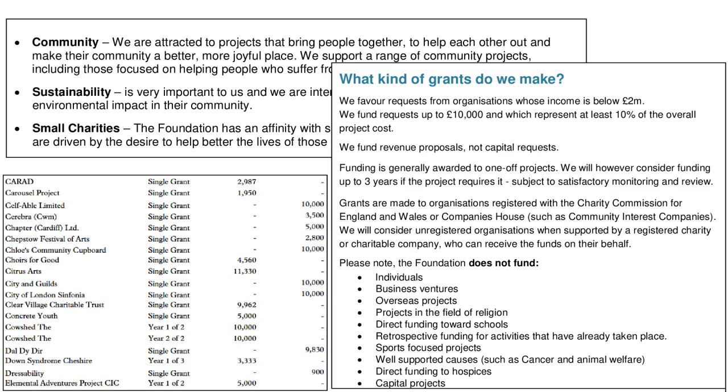Another thing to do is to go on the Charity Commission website and look at their accounts and see who they donated to. The snapshot on the bottom left is some of the information that is freely available for most trusts and foundations because they're charities too. If you look at their accounts, it tells you who they've funded and how much. So it can give you another level of understanding of what they mean by community, what they mean by health, for example. Who are they funding? And if in doubt,